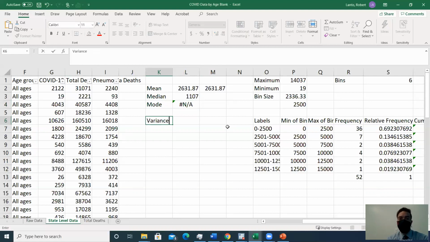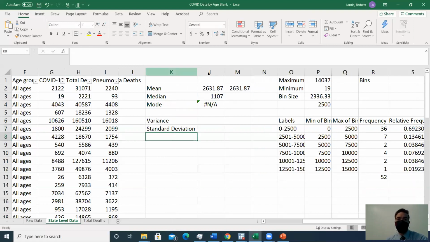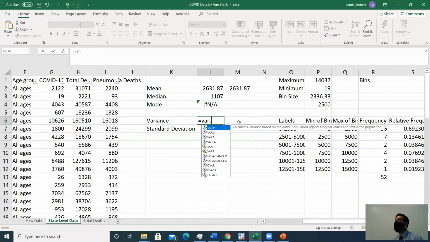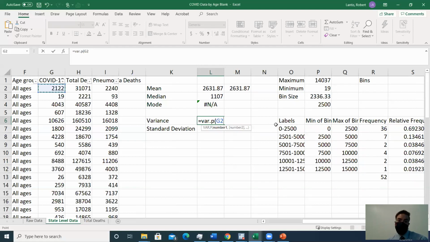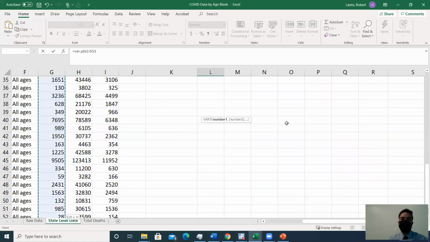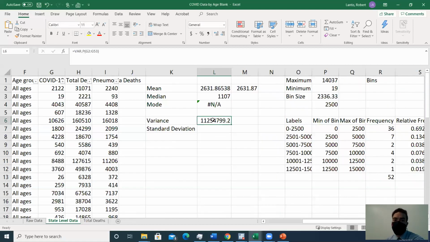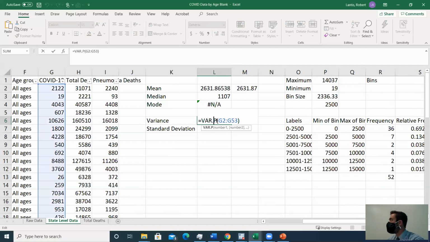If I then want to find the variance or the standard deviation, and I can auto fit, remember, by double clicking in between the two columns to fit whatever is in them. So here, we've got two options, right? And you'll see there's a bunch of different variances. The ones that you should be using are var.p and var.s, okay? var.p would be treating this as population data, which we should have every single death that's occurred from COVID here, so we do have population data. I then just select the data I want to find the variance of, and sure enough, it goes ahead and calculates that for me, okay?